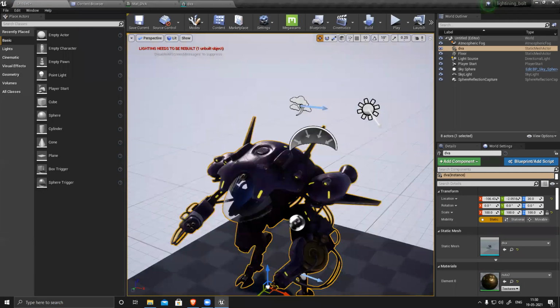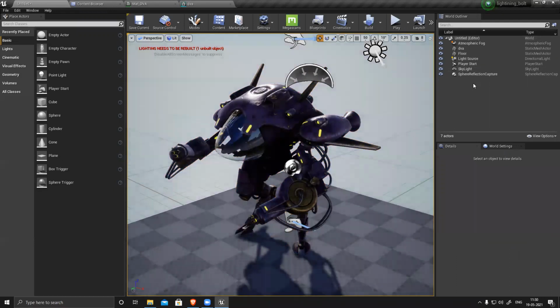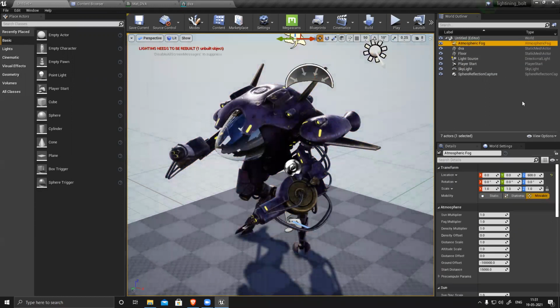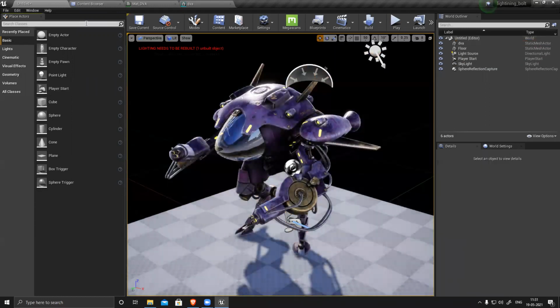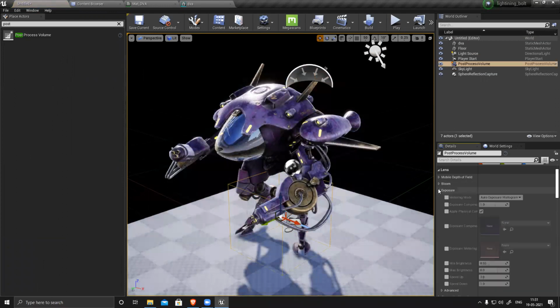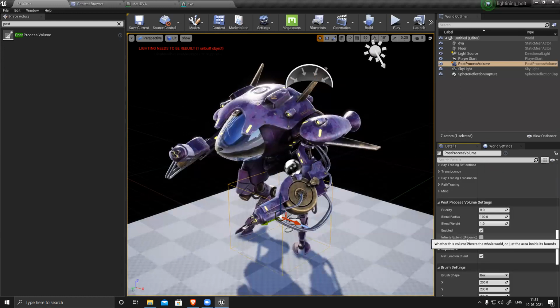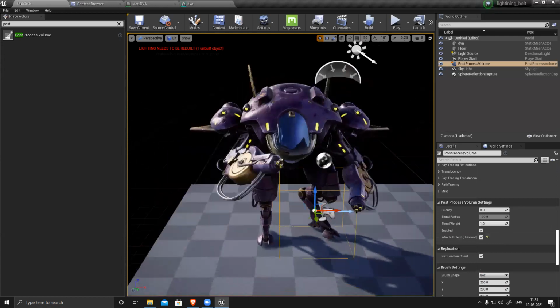You see, it looks pretty dark. Now what we have to do is control all this emissiveness and background. So I'll just delete the sky. Reflection capture can keep. Sky is there, one directional light is there. Atmospheric fog, if I don't want, I can delete it. A few things I have to add. Post process. This is something very important. Make sure it's there in your scene. Place it. Change the exposure, both should be 1, 1. And scroll down. Infinite extent. Click on this.